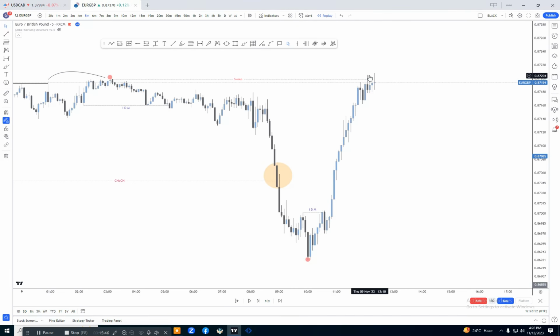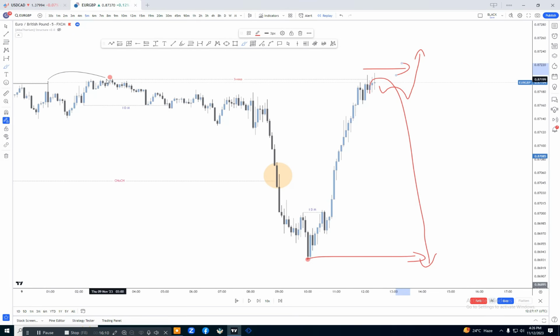You can see here, the market has just swept the previous high. That means it's just liquidity taken from the market. Now if the market again pushes to the downside and breaks the previous low and closes below it, that means this high will be shifted from that area. But if the market continues to push to the upside and closes above that, then this area will act like a bullish change of character.